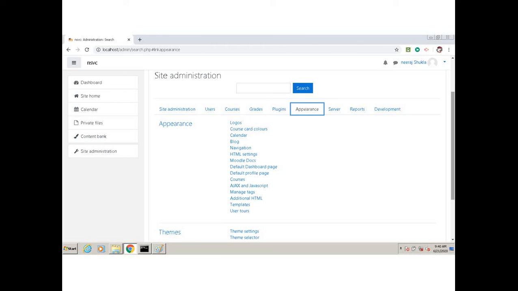Navigation, how to navigate in this virtual platform, HTML settings, that means throughout the look and feel which you want, Moodle Docs, documentation, default dashboard page, how it should look like, default profile page, how it should look like, courses, how they should look like, etc. Then the important thing is theme selection.